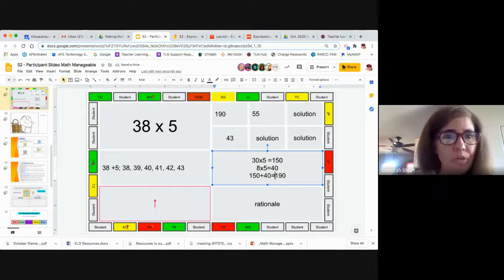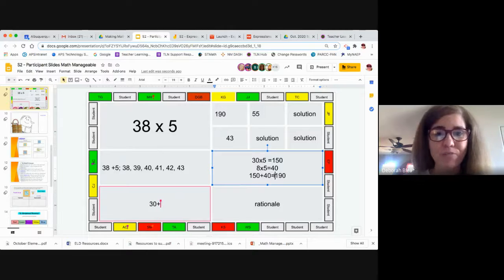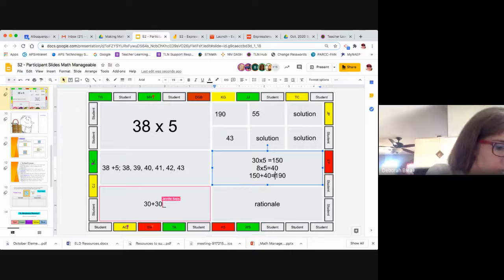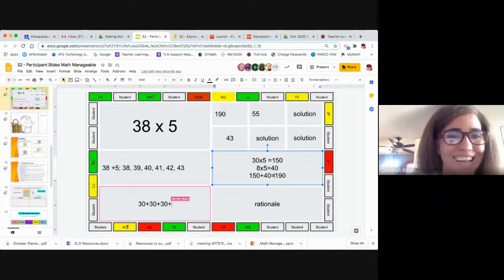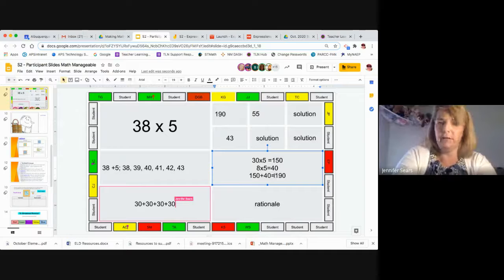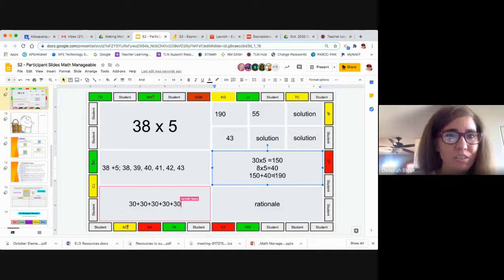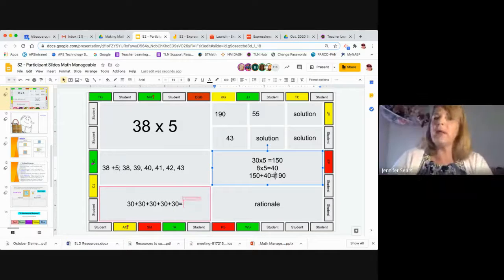I did 30 plus 30 plus 30 plus 30. I did it 5 times. So we're talking about repeated addition. Repeated addition, and then what was that 30 plus 30 plus 30, since you said you did it 5 times? And then I got